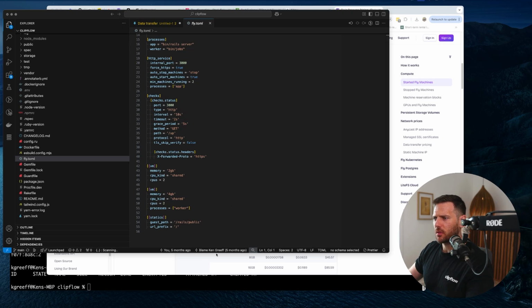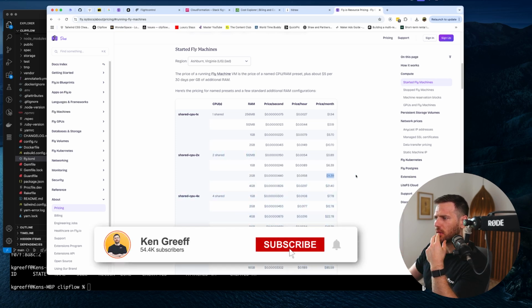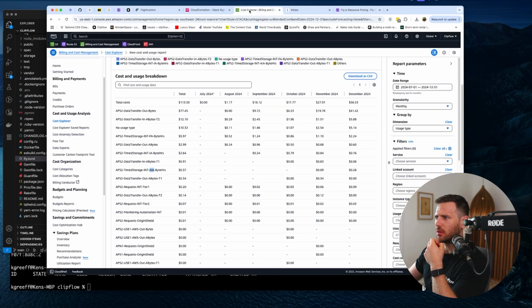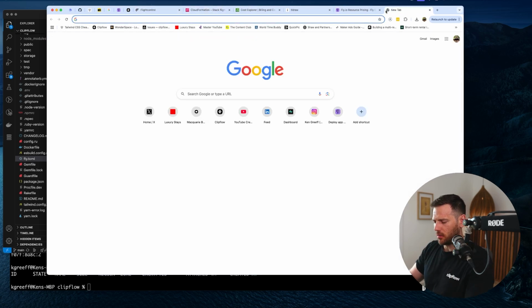All right, so I'm just pulling up the Fly stuff. So we've got 2 gigabytes with 2 shared CPUs, so we're paying $11 a month. Now I'm trying to understand how that works. 2 shared CPUs, what's the difference? Because this looks way more expensive. So if we go to AWS,